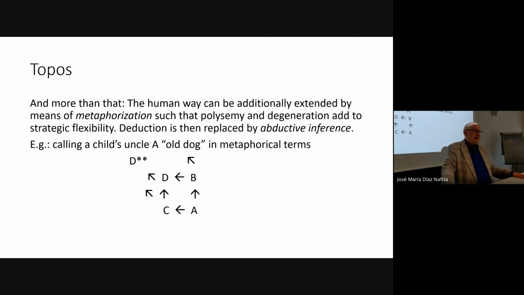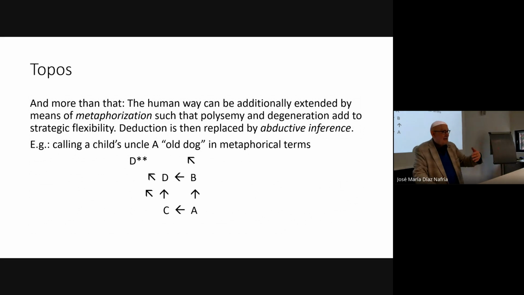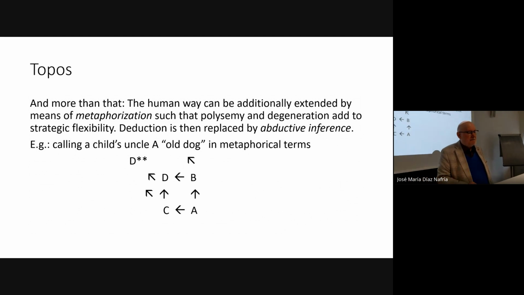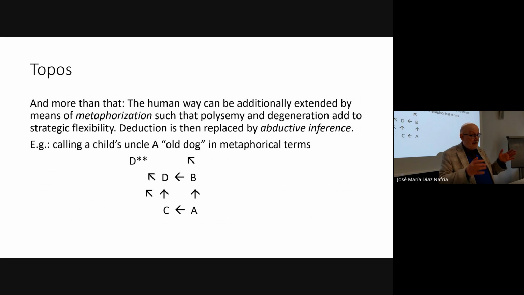So the similarity criterion is obviously difficult, but it's still acceptable if you work with reductions. I mean, this uncle might have 4 legs, but not really, but in the transformed sense. And whether it's an old dog or not is difficult to explain. But what the child learns in metaphorical terms is that for one name, there might be another concept which is similar to the original concept, but not exactly the same. And you realize already what we have here